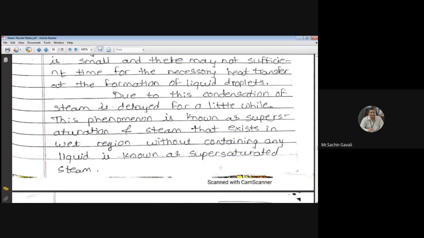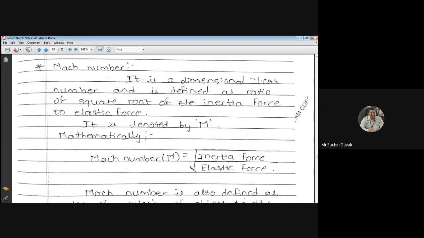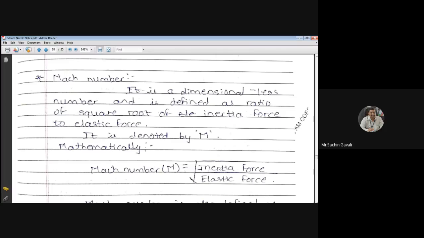आता काय करू? बारक आर्टिकल जे आपण मागे रिव्हिजन मध्ये घेतलं होतं हे राहू द्या. मॅक नंबर. दिस वे डिफाईन मॅक नंबर लास्ट लेक्चर. नो सर. ठीक आहे, लिहा. मॅक नंबर इन ब्रॅकेट कॅपिटल M. इट इज अ डायमेन्शनल लेस नंबर. म्हणजे याला डायमेन्शन नसतात. लिहा. It is a dimensionless number and is defined as